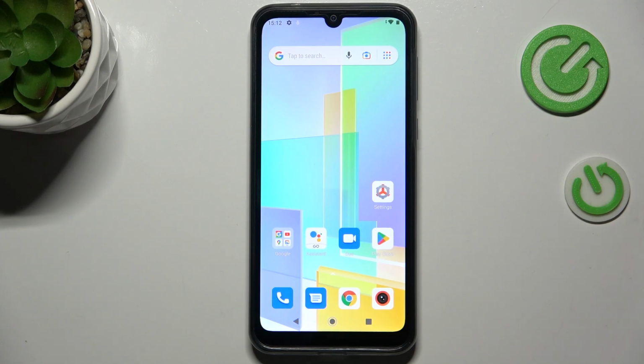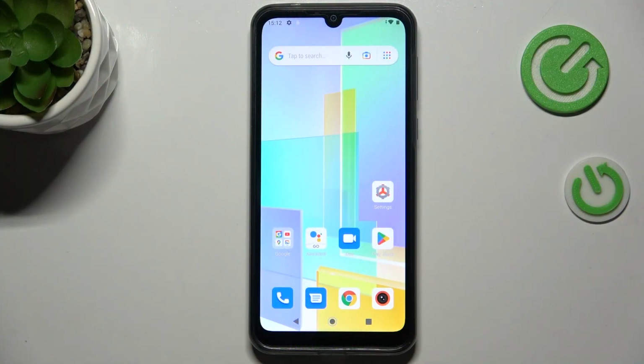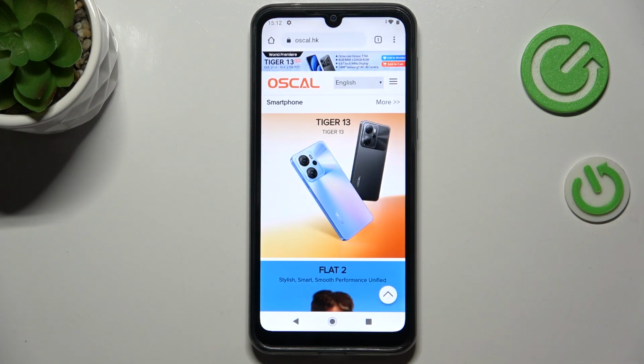Hi everyone, in front of me I've got OSCAL C20 PRO and let me share with you how to clear the browser on this device. So let's start with opening the browser. In my case it will be Google Chrome, but no worries, this operation is pretty similar in all other browsers